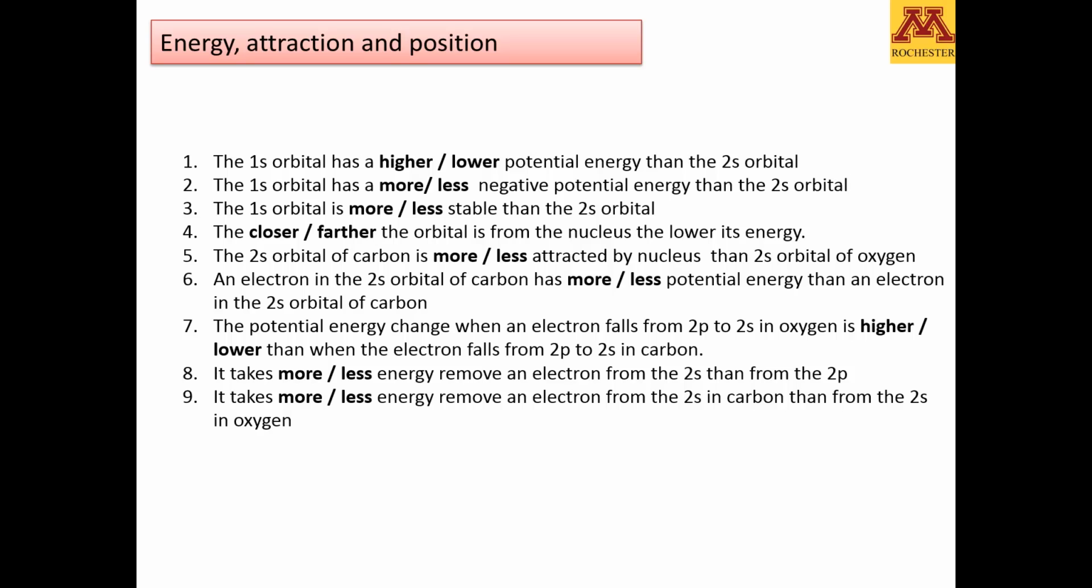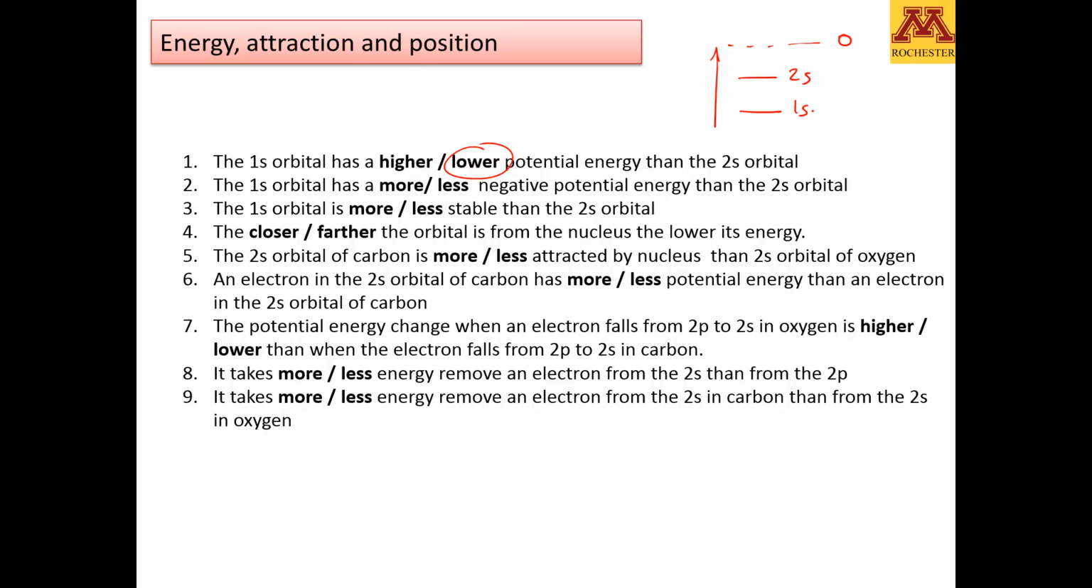Okay. So let's just run some simple questions. Let's see if that makes some sense. So the 1s orbital has a higher or lower potential than the 2s orbital? If you remember what we said, the 1s would be like the apple falling on the floor, and the 2s would be higher up, and this is your zero energy out of orbit. The 1s has a lower potential energy, more negative, than the 2s. Now, the 1s has a more or less negative